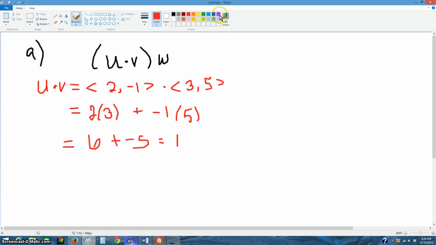So that one came out to be pretty nice because now I say 1 times my W vector. And in other words, anything times 1 is itself. So I don't even need to do anything here because I really am just left with 1W, which is the same thing as just W. So I just write my vector W, which happens to be -4, 2. And again, the reason I didn't do that is because if I were to multiply 1